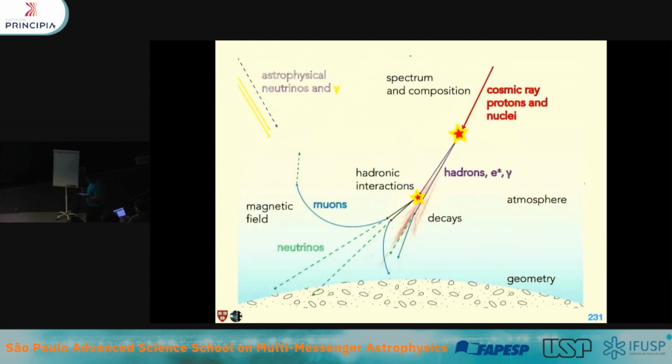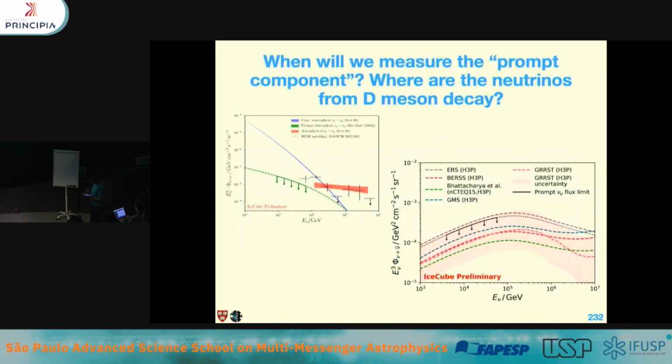So one thing that we do is, of course, studying the cosmic ray flux. We characterize atmospheric neutrinos. We try to find production of D mesons in the atmosphere. One thing that we are trying to measure is the production of prompt neutrinos. That is, neutrinos that come from D meson decays. This is important because it's something that cannot be measured so far directly in collider experiments.